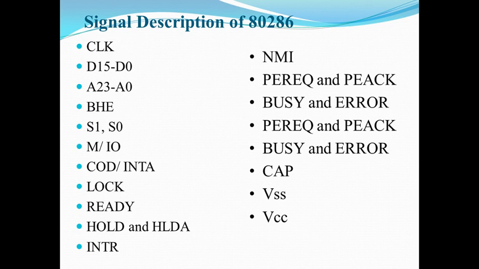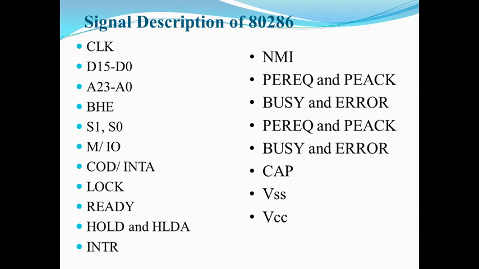Next, the lock pin. This is a pin which we have already studied in the case of 8086. This is an active low output pin used to prevent other masters from gaining control of the bus for the current and following bus cycle. So when the lock bar pin is 0, it means that during that period the control cannot be transferred to another bus master. So right now the 80286 will always act as the bus master unless and until this pin is low.